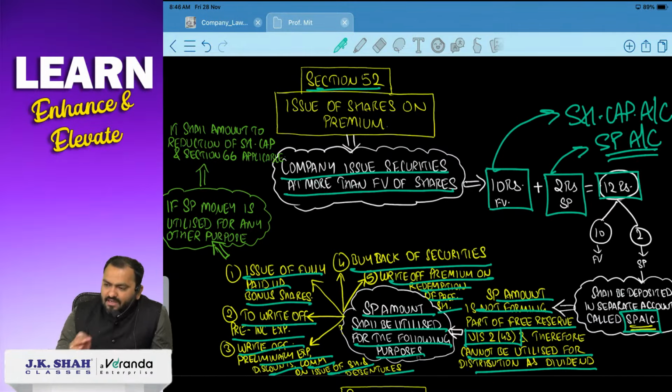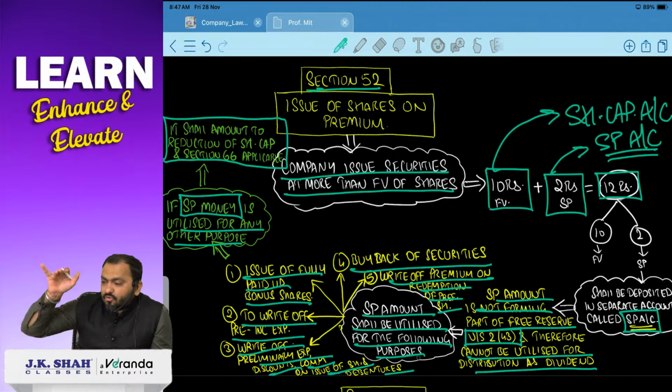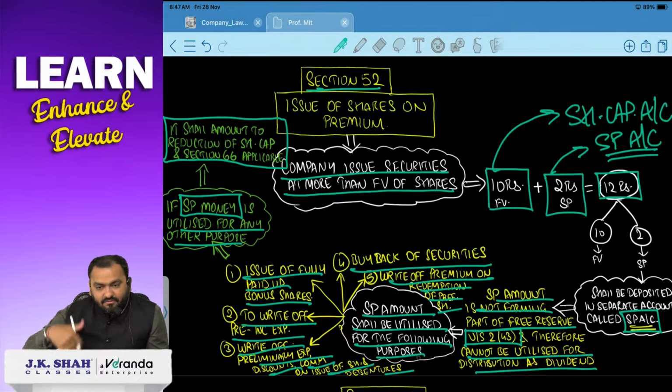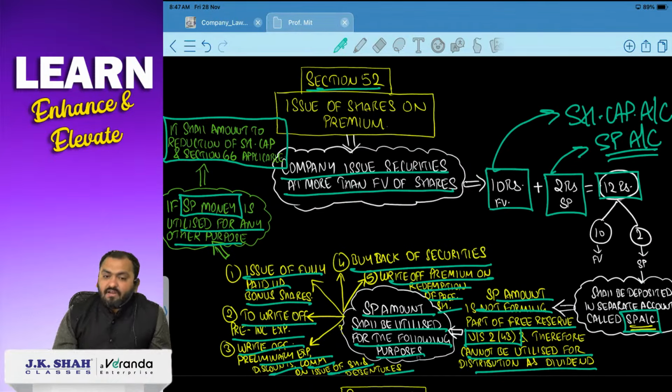If you utilize this money of securities premium account for any other purpose, then it shall lead to reduction of share capital. Friends, you know what is reduction of share capital? It will be treated as if share capital is going down. If you utilize this money for any other purpose, that will reduce the share capital, and whenever the share capital